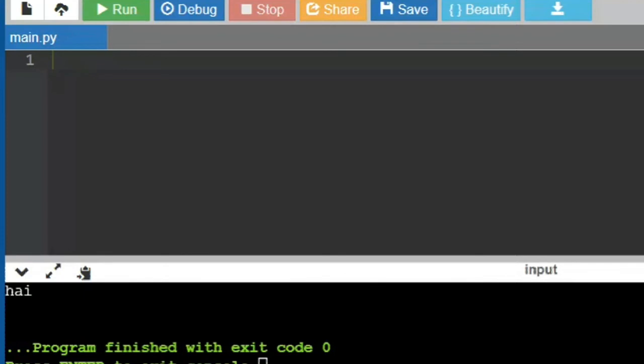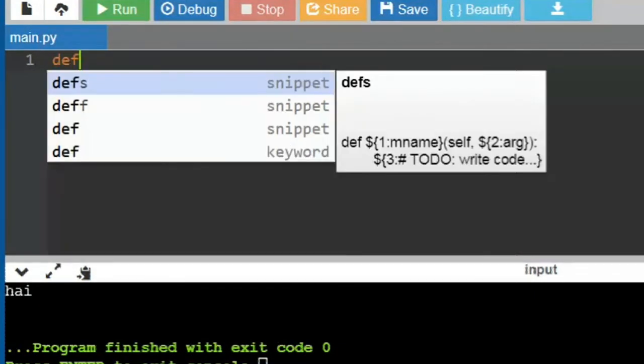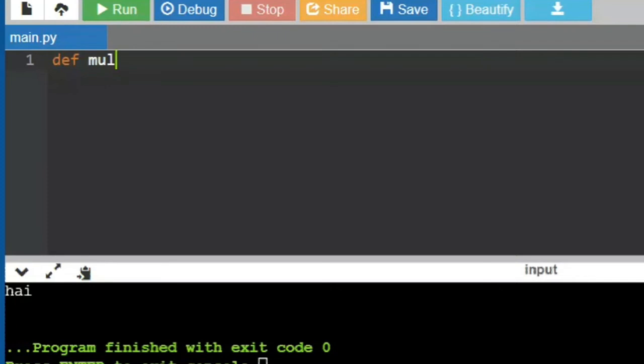Let me actually execute certain programs and show you. What is the program that we have seen yesterday? We have seen function mul, which is actually taking in two arguments. Can you see the online editor, everybody? Yes, ma'am. I have created a function here by using the def keyword.